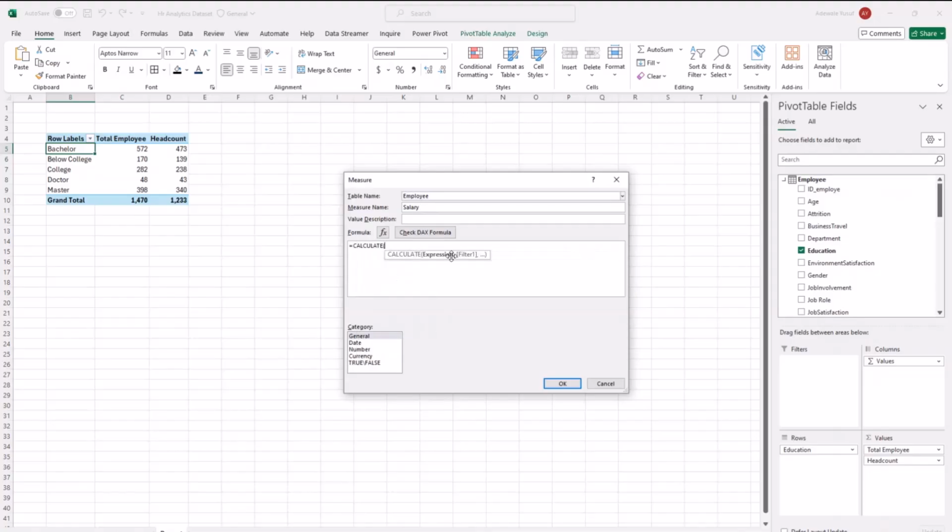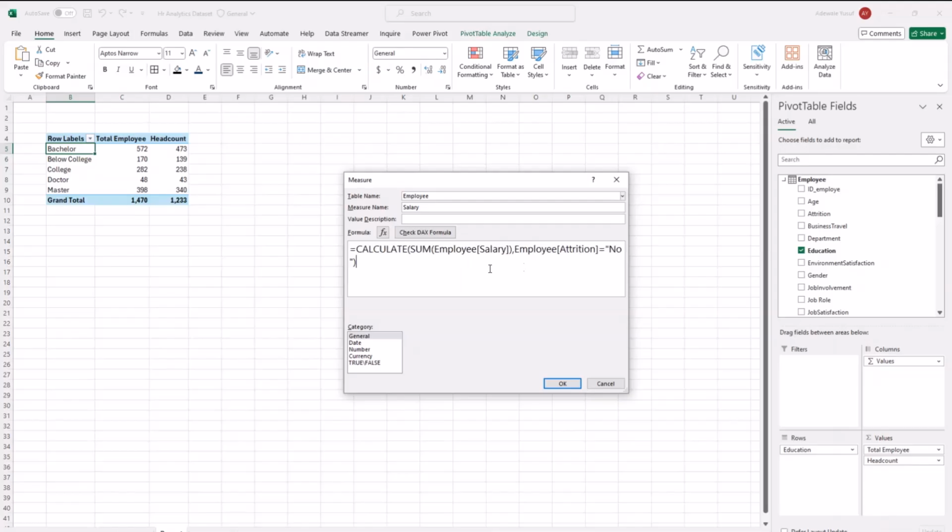And then here we do calculate again. So now we are not calculating the total employee this time. We are calculating the sum of, so I'm going to say sum of salary. Employee salary. Then I put a comma, when attrition is equals to, put it in quotes, remember, attrition is equals to no. So that means when this employee is still with us.